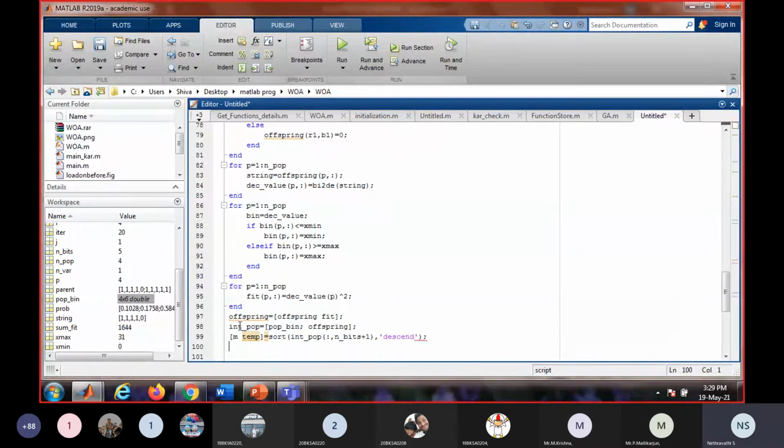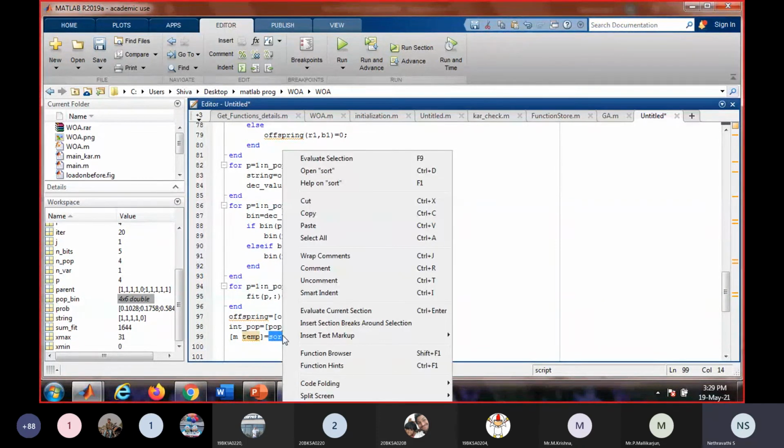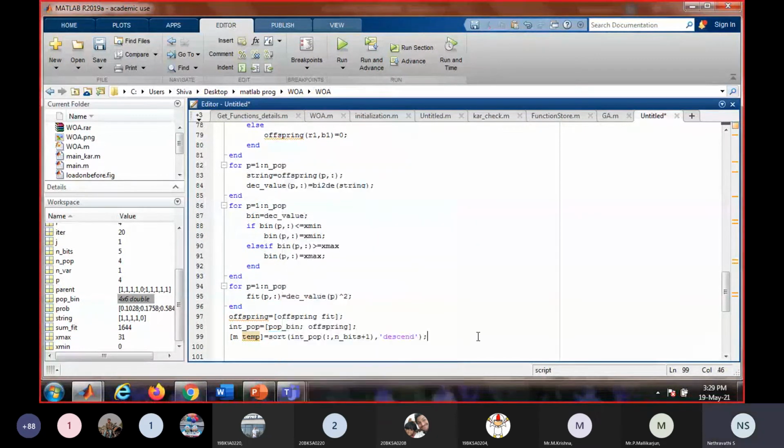If you want to know the syntax of any function, you just select it. Sort is a function, as I told. Then right click and click on help on sort. You will get the syntax. And then...